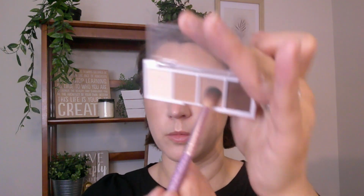Dark browns are hard because they get patchy. I'm going to go back in with that first cool toned brown and go over my brow bone again to kind of blend everything in. Make sure there's no harsh lines. You can stop there. I'm perfectly happy with that, and I think I am going to go over it just to show you how